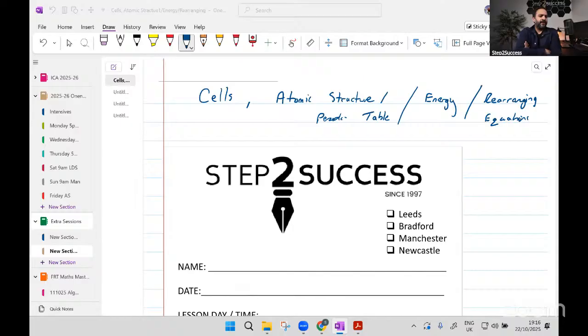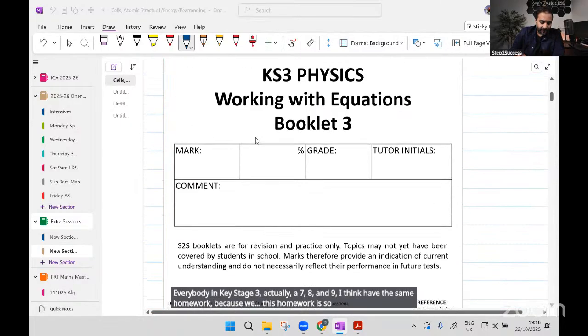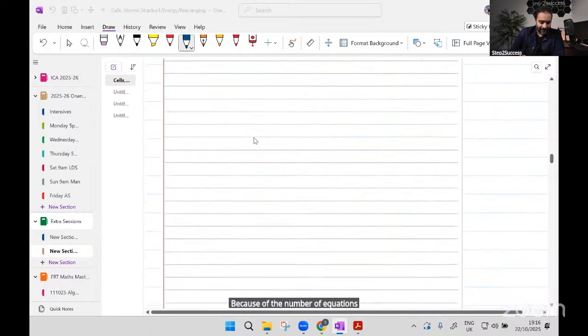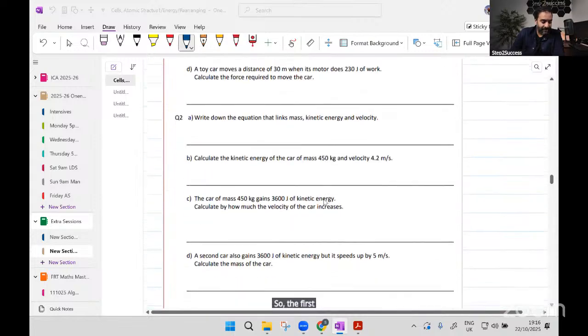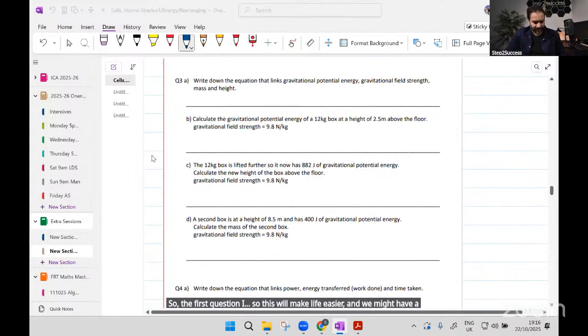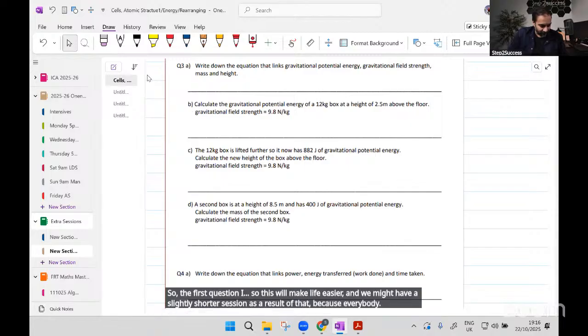everybody in Key Stage 3, actually year 7, 8, and 9, I think had the same homework because this homework is so good, because of the number of equations and practice in it. I think we give it to everybody at the same time. So this will make life easier, and we might have a slightly shorter session as a result of that because everybody has the same one,